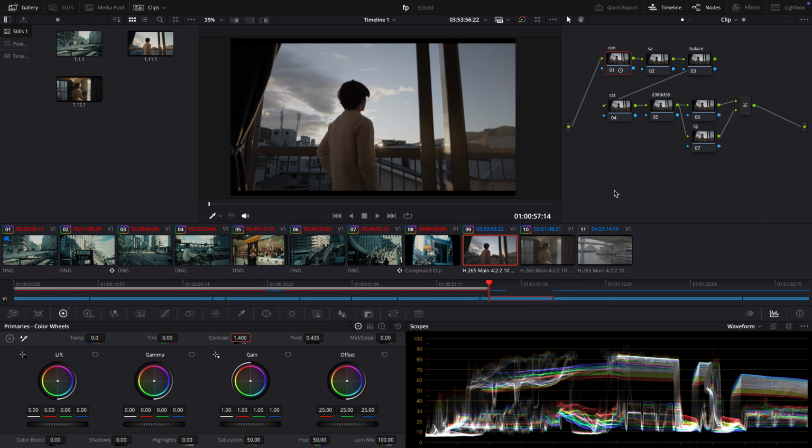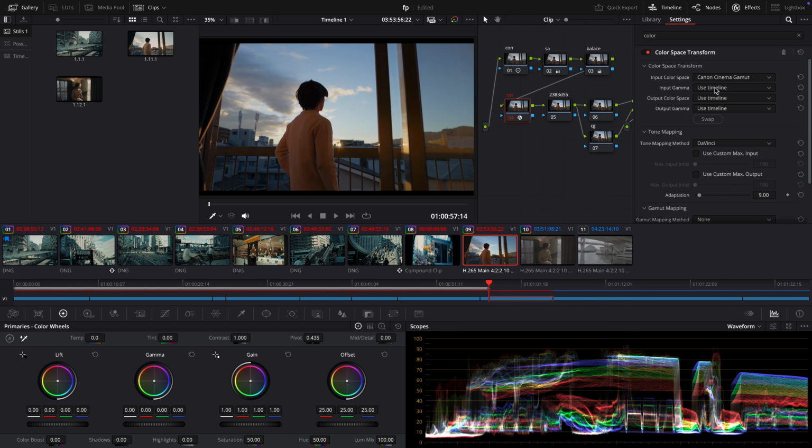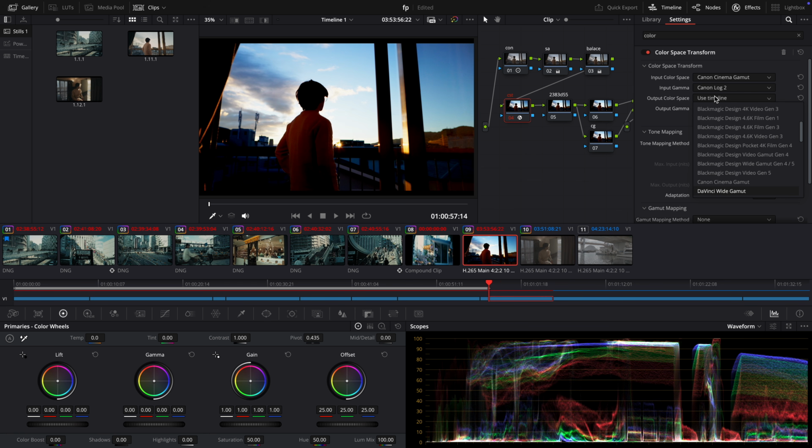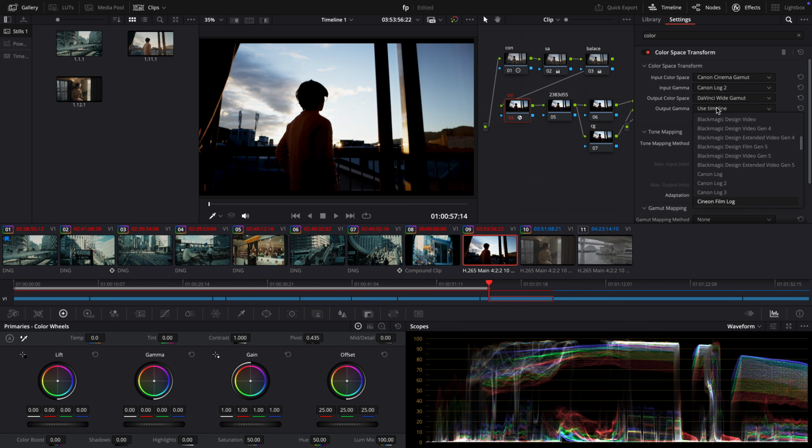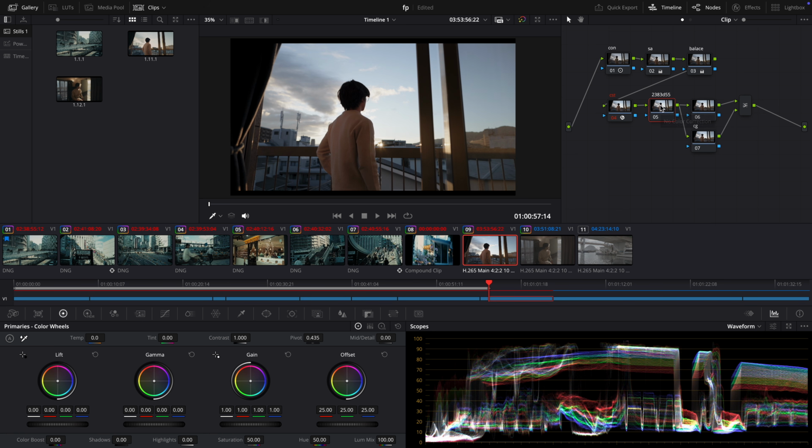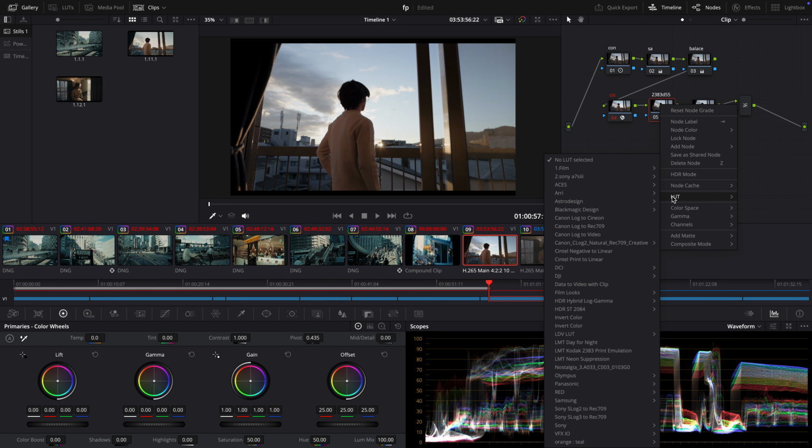Contrast is 40%, saturation is 70, and the balance is 24. For the CST, Canon Cinema Gamut, Canon Log 2, to DaVinci Wide Gamut, Cineon Film Log. Go to 2383 D55 and LUT and pick DCI-P3 Kodak